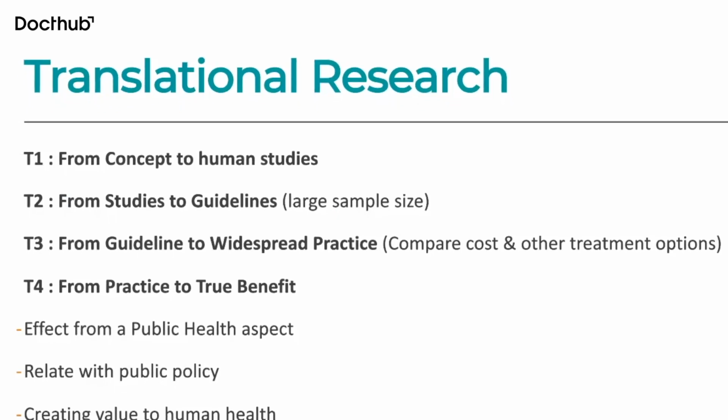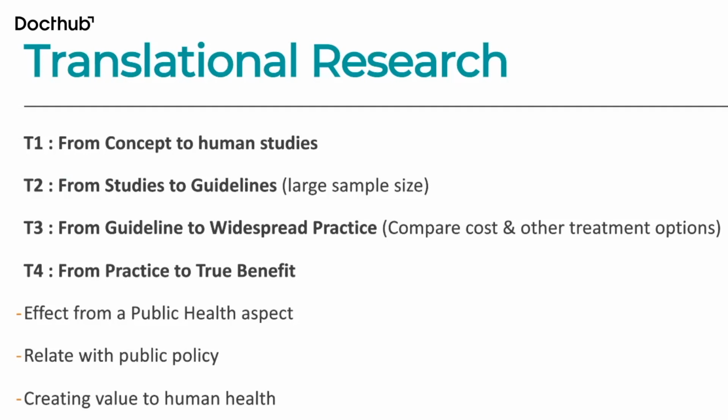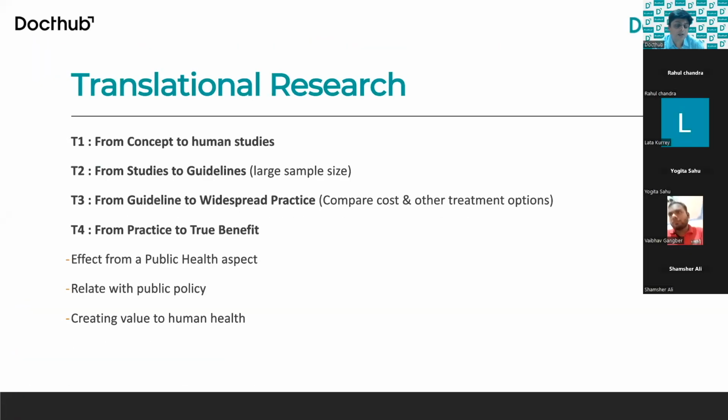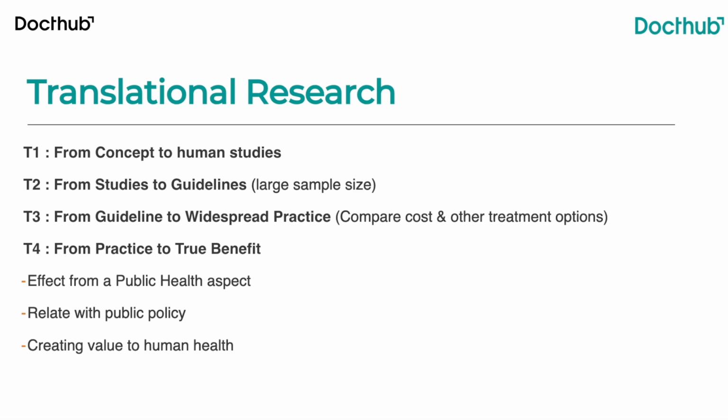In the T1 level, it is from concept to human studies. The concept is that you are finding a solution for a particular problem, and from there you work on human studies and trials. T2 is studies to guidelines, which are based on a large sample size. T3 is, once you have a guideline based on a large sample size, you spread it to practice. So you are identifying and comparing the cost and treatment options. And in the T4 level,